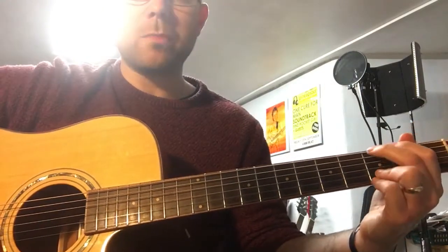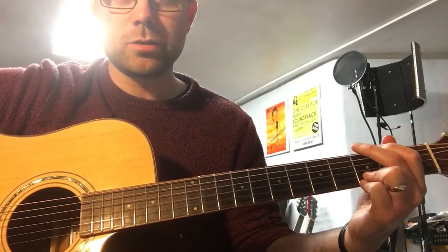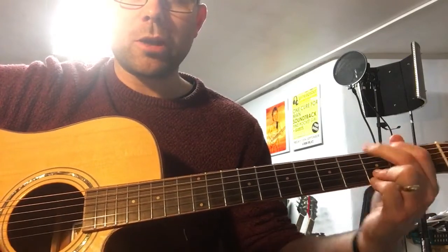Okay, so the verse is made up of quite a lot of chords, but a lot of them are sort of like partial chords. So when you look at it, it looks really scary. Oh God, there's like 21 chords, but don't worry, a lot of them are really easy to maneuver from. So we're going to play the normal G,